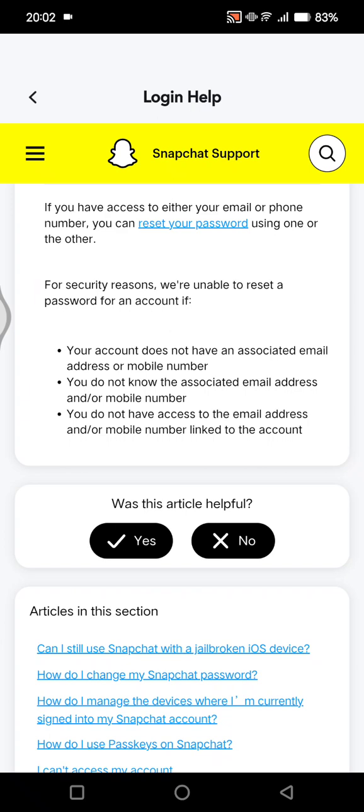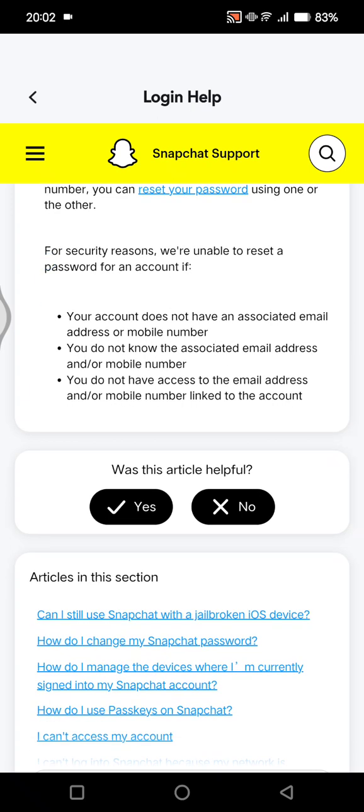So here Snapchat explained that you cannot recover the Snapchat account if you don't have the phone and also the email associated to the account. But you can try to still contact the Snapchat support team by providing additional information like username, your date of birth, your friend list if you remember any usernames or real names of your friends, and any memorable moments or events. And you can try to contact them by visiting the